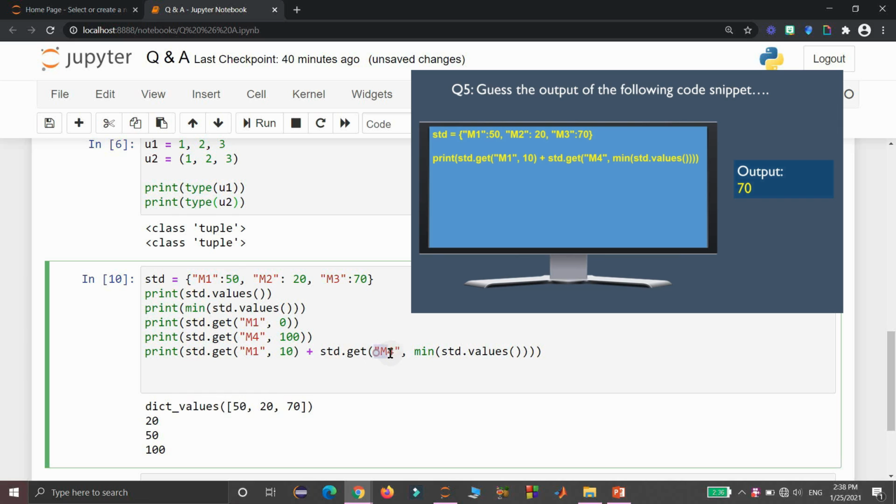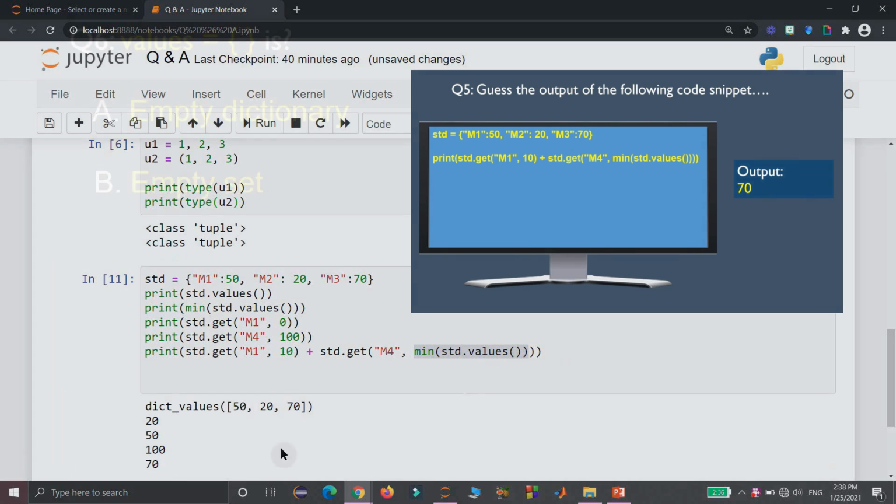Here the key of this get method is M4, which is not available here. Then it will look for the default value, the second argument, where we are getting the minimum of all the values present in the items, that is 20 we already got. Then this 50 plus 20, we will get 70 as the output of the last print statement.